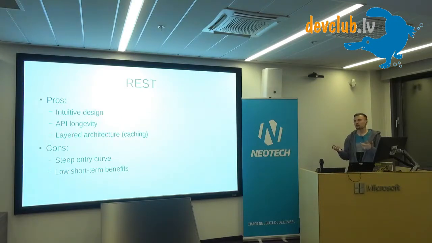nothing has changed. So you can just add an intermediate layer: if the request goes from the client and gets to some proxy, and the proxy already has your response, it can just respond because it knows that GET shouldn't change anything, and it knows that nothing has changed on the backend. So it will just bounce you back the answer, and you would not be the wiser. You wouldn't know that they didn't go to the actual server, because REST allows a lot of abstractions in that sense. You can have some balancing, you can have some header magic that would allow you to do whatever. The point is that predictability of REST allows you to do some layering like an onion and get some efficiency there.